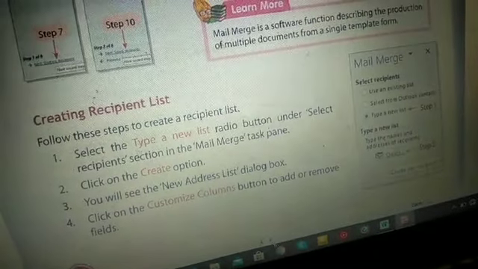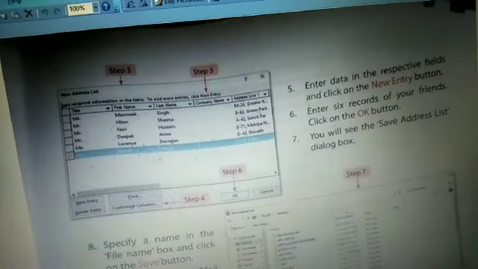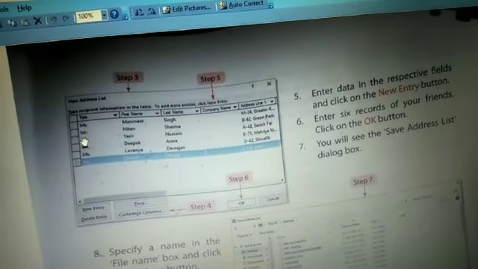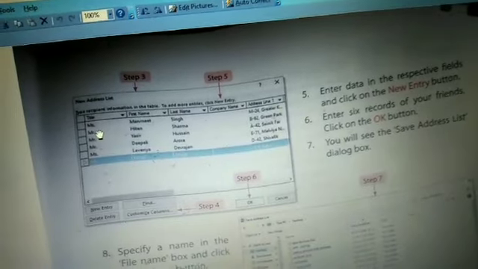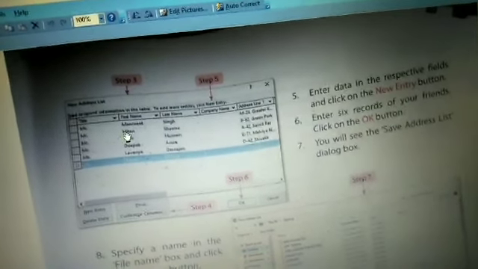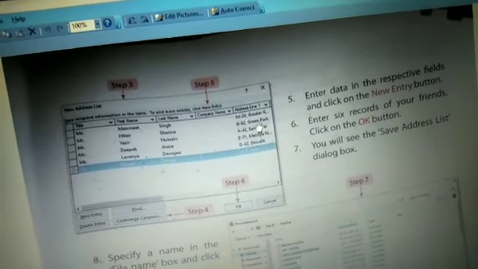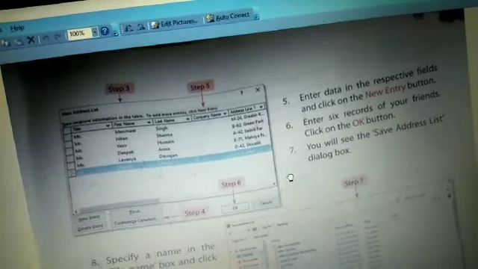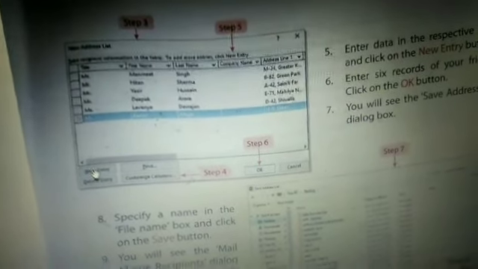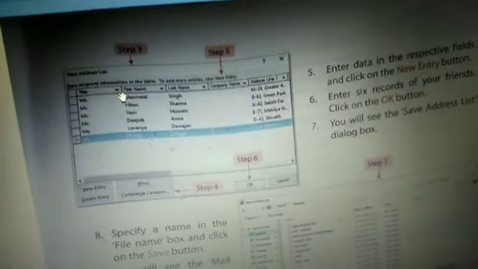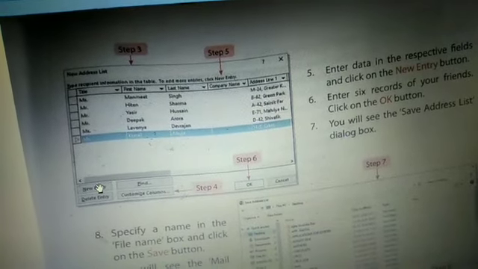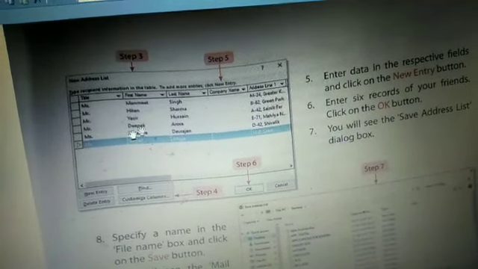Okay, after that the next step is to enter the title of your recipients, Mr. or Mrs., whatever, first name, second name, if they are working in a company, that company detail, and your home address very clearly. Suppose you are going to enter 10 people, first row first entry, after that click New Entry, then second, then next entry, then next. Like that it will keep on going. However many recipients you want, you can type accordingly.